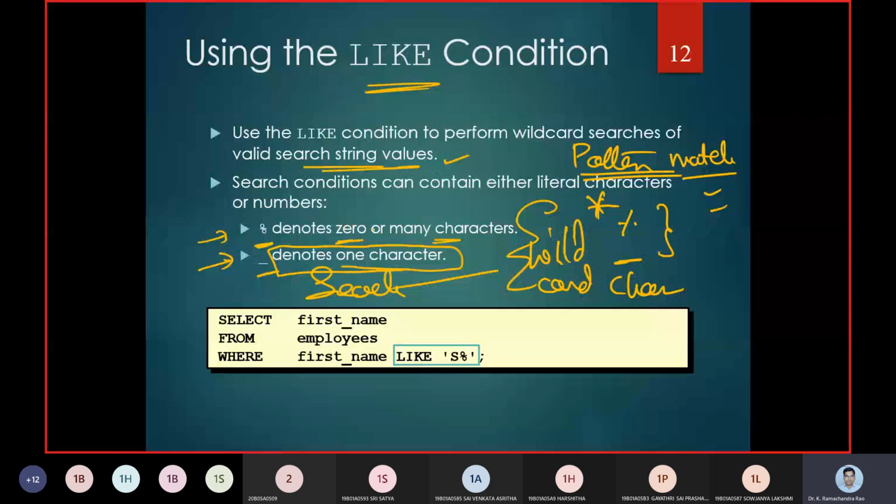In percentage, it can be more than 1 character, but when it is an underscore, it will be only 1 exact character.